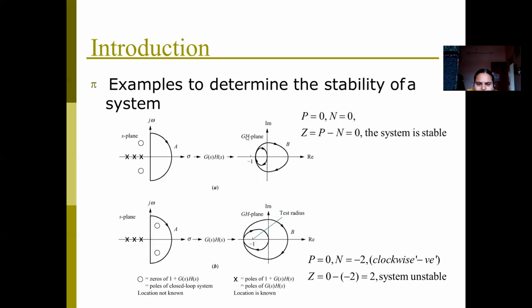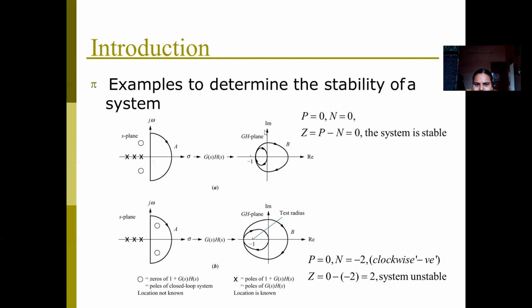Observe here the Nyquist plot, what will we get for this condition? Here it will be like this. First the path will be found like this, and then you'll get the path like this. Then one more, consider here the imaginary axis. Observe here the number of zeros are towards your right hand instead of left hand. But from the root locus, we say that our poles and zeros should lie on the left half of the S plane instead of the right half of the S plane. For that reason, in this case,